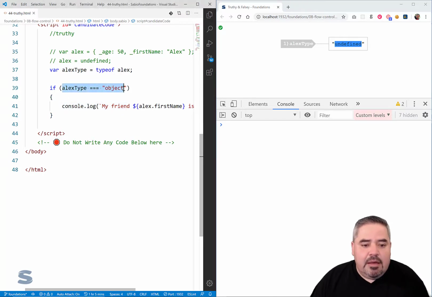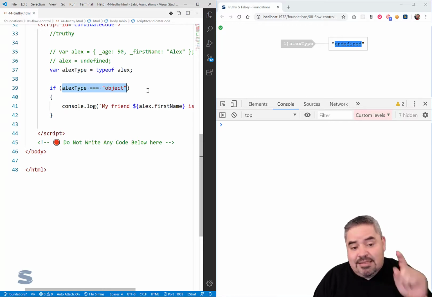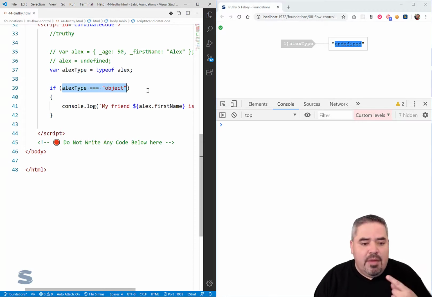This ends up being a good way of doing it, a very explicit way of doing it, and in some circumstances, a more efficient way of doing it than what I'm about to show you. But what ends up happening is people end up doing what is the most convenient, and here's the most convenient thing to do, which for readability and for a lot of purposes, in as much as the type of operator that we're using the way we're doing it right now might be more efficient, when you combine multiple checks like I'm going to show you right now, it ends up being, in my opinion, the better